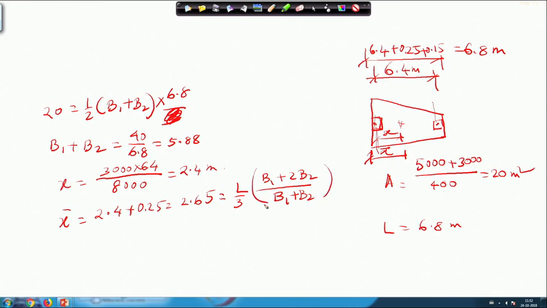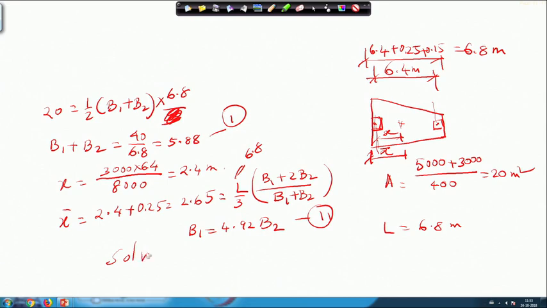So, this is the second equation, and if I simplify this equation, with L equal to 6.8, then I will get finally B1 equal to 4.92 B2. I have one equation this, another equation this, and if I solve these two equations 1 and 2,